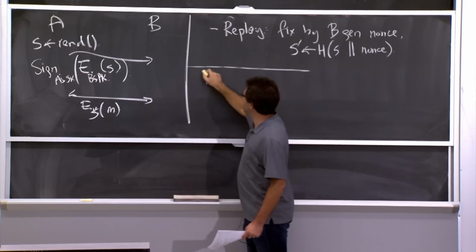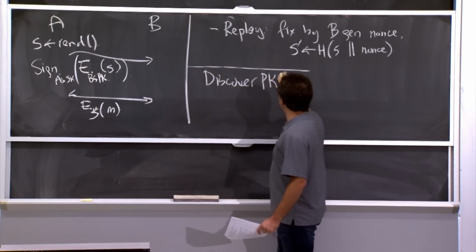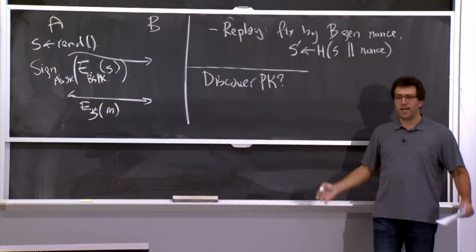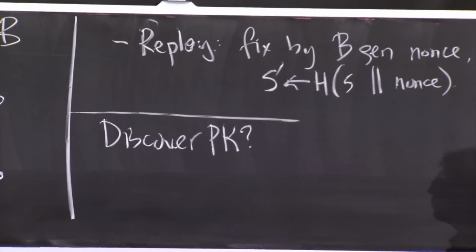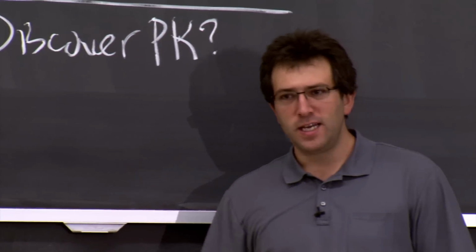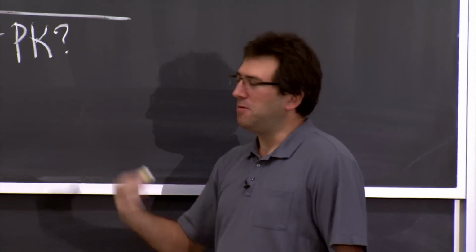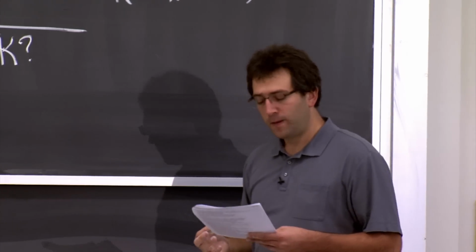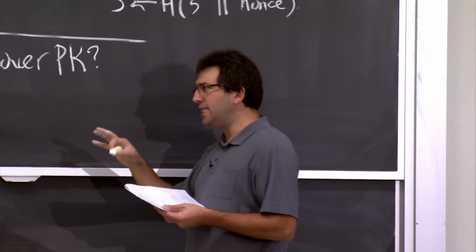So how do you actually discover someone's public key? If A wants to connect to a website, I have a URL that I want to connect to, or a host name. How do I know what public key that corresponds to? Or similarly, if I connect to WebSys to look at my grades, how does the server know what my public key should be, as opposed to the public key of some other person at MIT? So this is the main problem that the KDC was addressing for us.